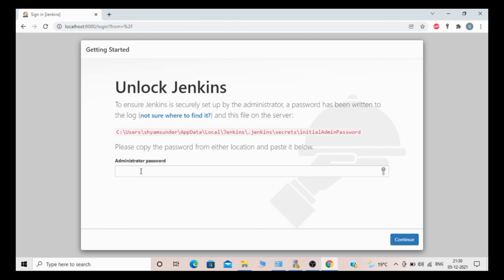Now it's asking for a one-time administrator password. So how will you get this administrator password?